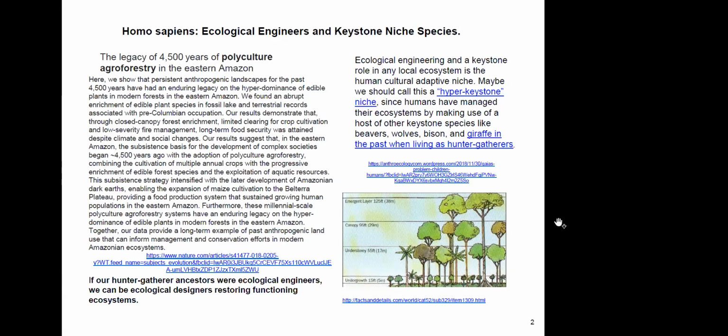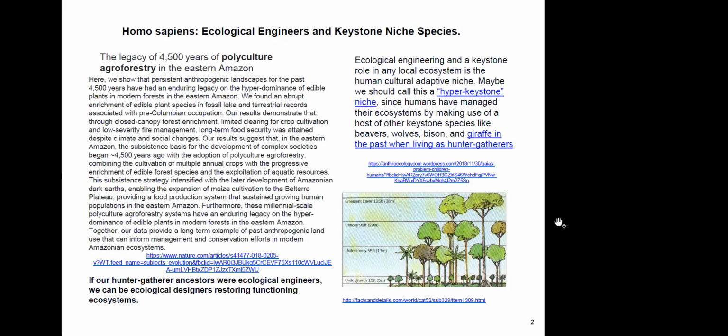So first of all, I'd like to look a little bit at the text on the left. I'm not going to read the whole thing out. You can go back to the slides and read it all if you want to. I'm just really going to summarize, and it's a piece from an article in Nature which sums up some of the studies that have been carried out. It's a sort of a literature review of other studies that have been taking place for several years now in the Amazon. The conclusion is that even as long ago as 4,500 years, the hunter-gatherers living there were doing polyculture